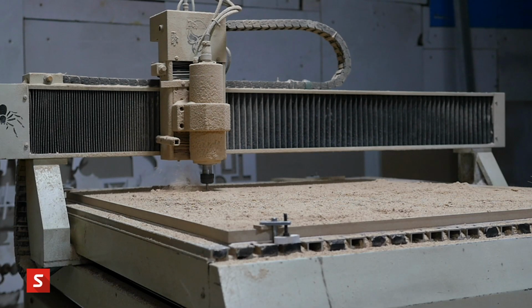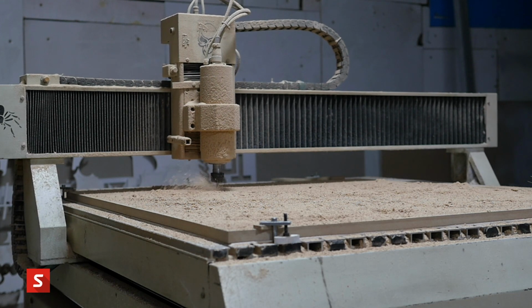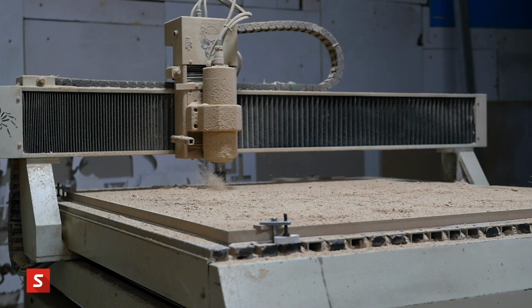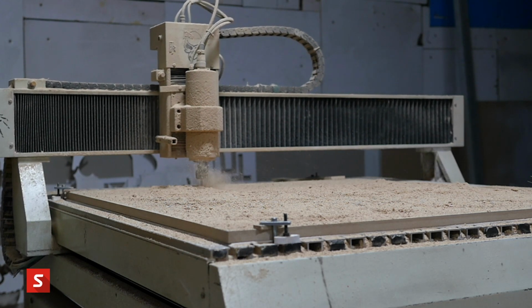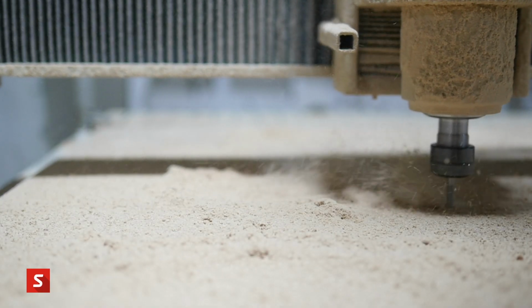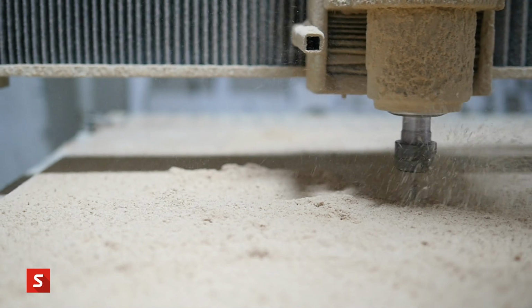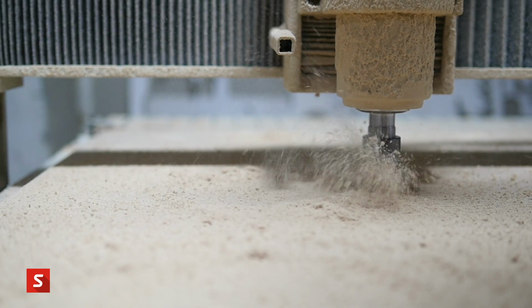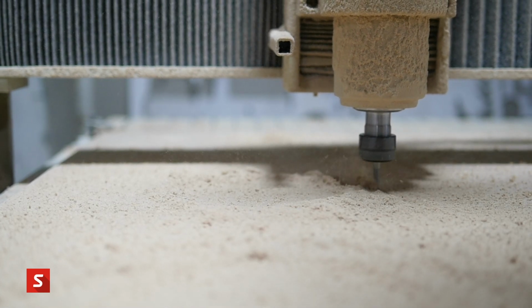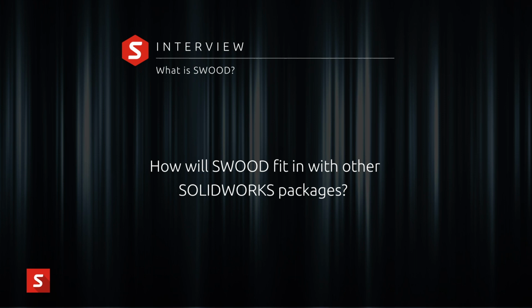So SWOODCAM will work with a variety of different machines, and it also enables you to drive multiple CNC machines from a single seat of SWOODCAM. Common CNC machines that we work with are from makes like SCM, HOMAG, BSE, Masterwoods, and obviously all the other standard CNC manufacturers in the wood CNC industry. We do also have an in-house post team, so we write all our posts and implement all our posts within the UK within the Solid Solutions, which enables us to have full control and accuracy in producing these post processes for the company.